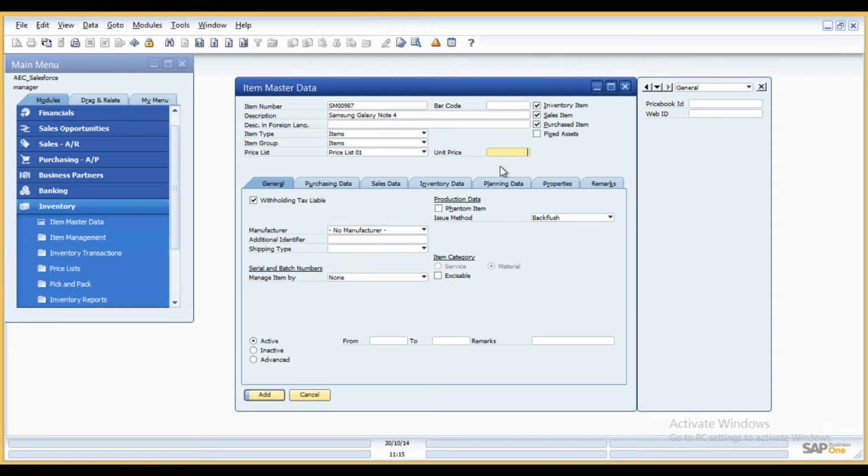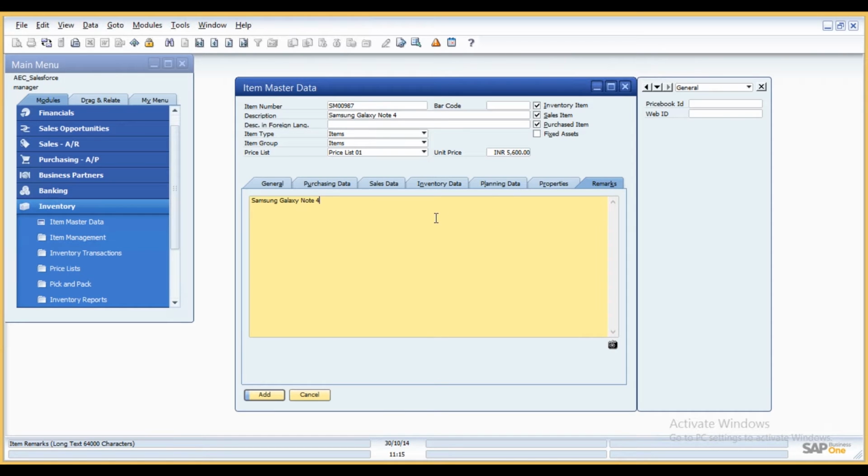And as we know, SAP Business One has many price lists associated. All the price lists are linked, but I can add the price in the base price list. So the price list can be mapped properly with the CRM system. So let's say this is the item price and I'm adding the remarks tab. This will be treated as the description. So I'm adding the item in this section,